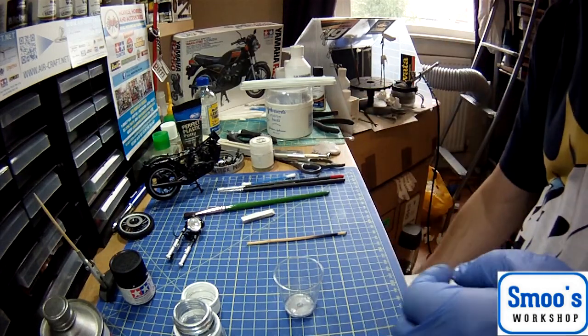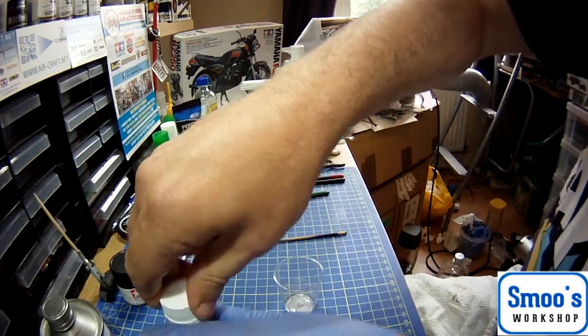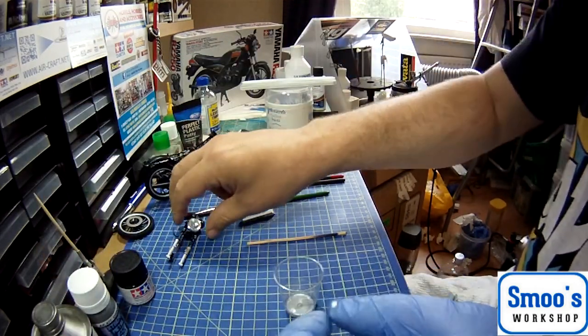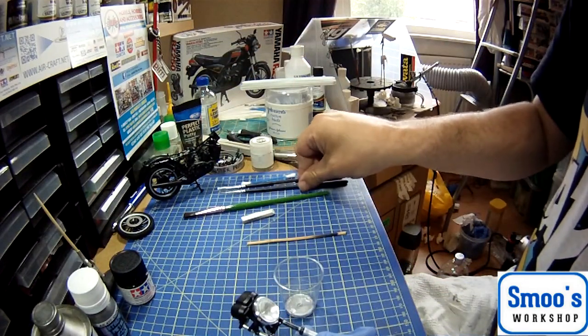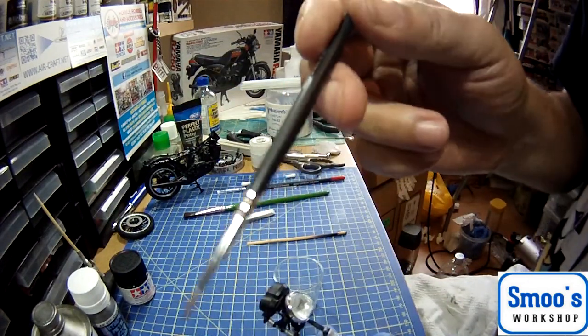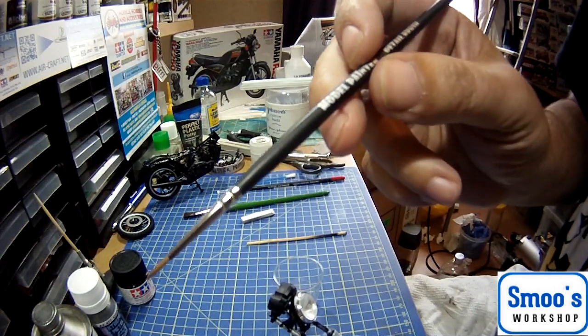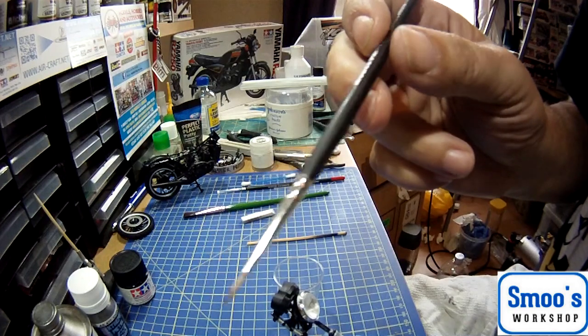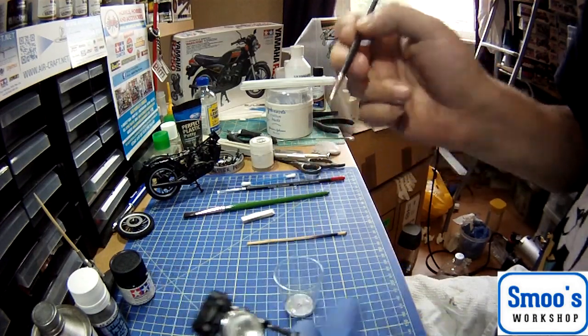It's starting to bug me slightly, but I will get there. Perseverance, a little bit of patience. So, the brush I was using before, now what was it I said? I can't remember what I called them before, but they're ABC brushes. There's a guy on eBay sells them, and it's just a little detail brush. So, clean brush,